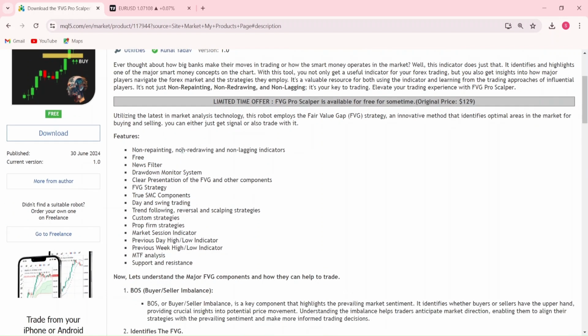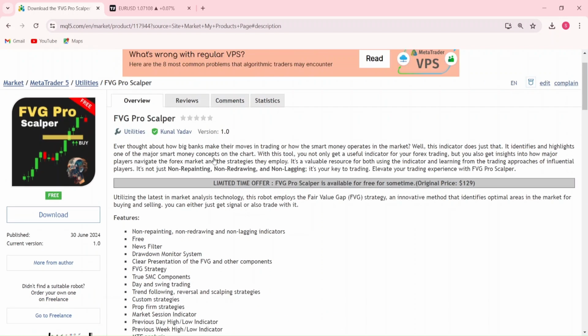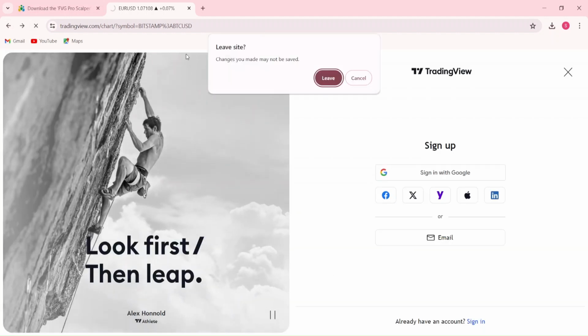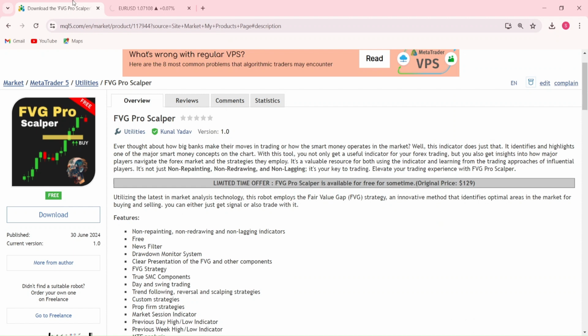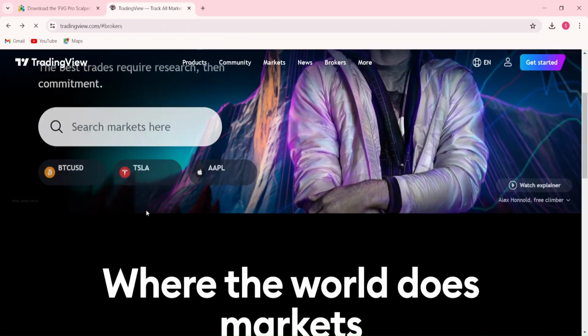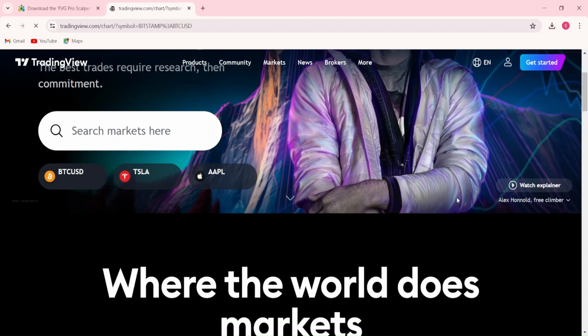So, first of all, let's talk about what is fair value gap. For that, we'll be going to tradingview.com and let's just try to find out some fair value gaps in the charts, because it is one of the very advanced concepts